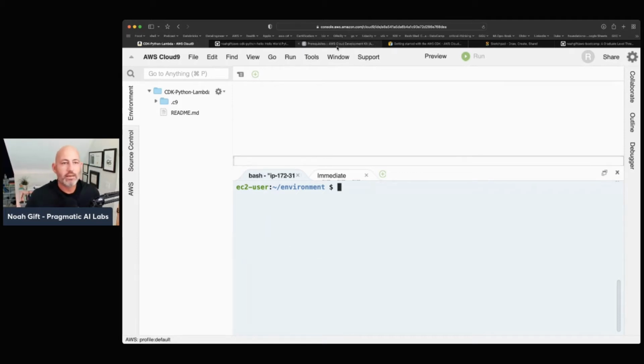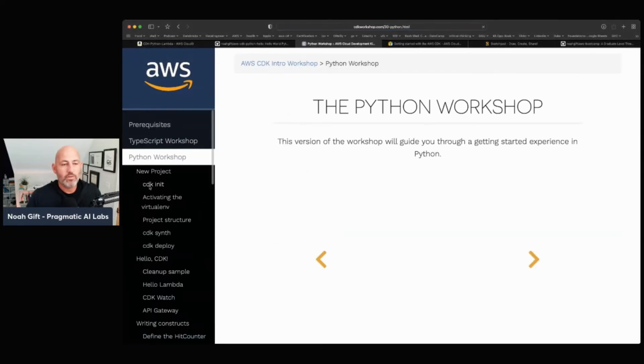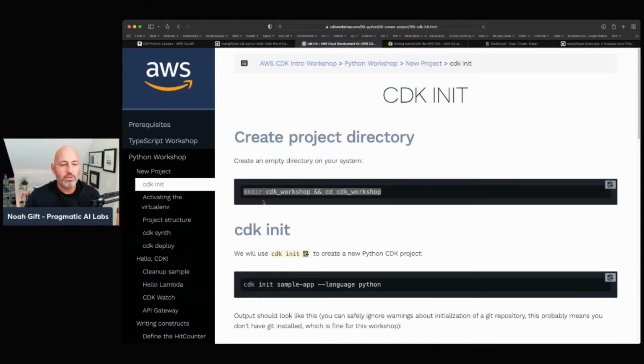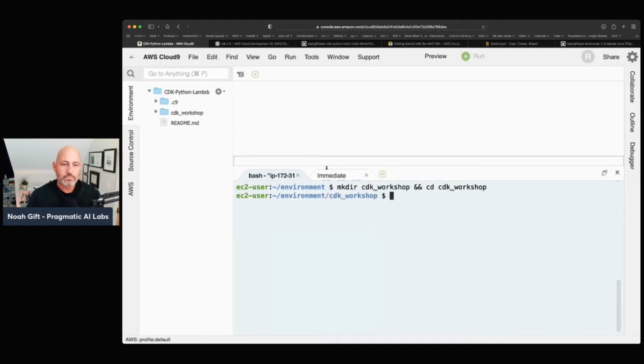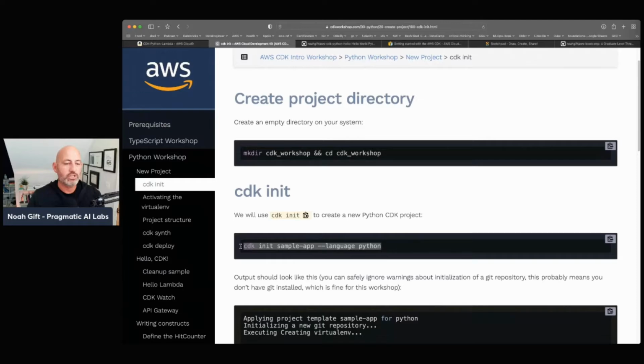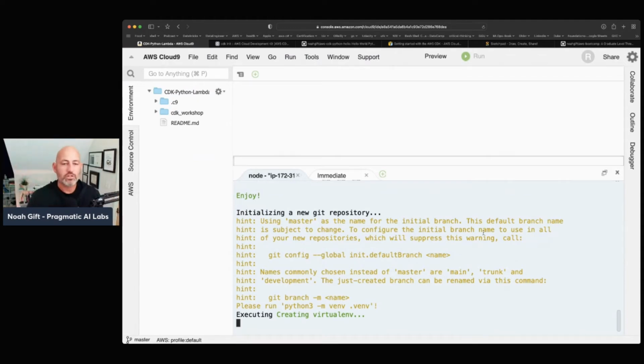And then if I go back to this example project here, I can go into the Python workshop section, and I can just follow the project initialization. So I'm going to really just copy exactly what they tell me to do. I'm going to copy this CDK workshop directory and cd into it. So I'll go ahead and do that right here. And then the next thing that they want us to do here is initialize a project structure. Let's go ahead and copy this. We'll go through here and we'll copy this. And so this will just lay out this whole structure for us.